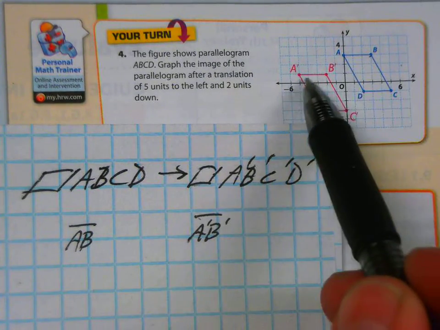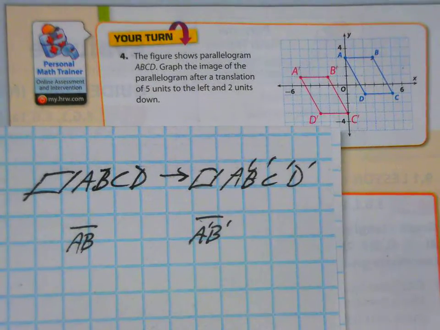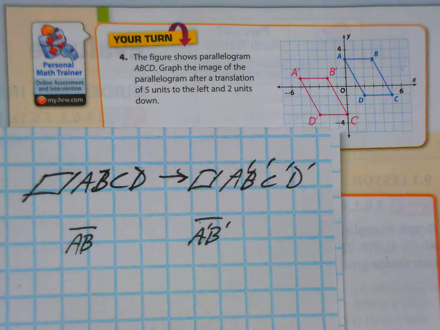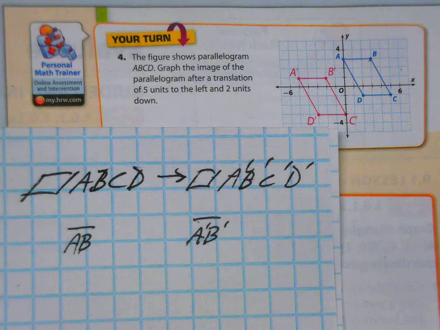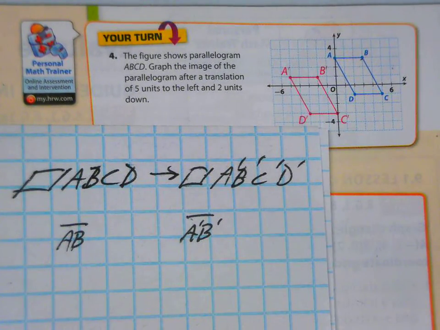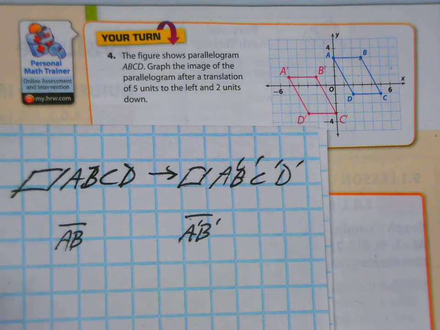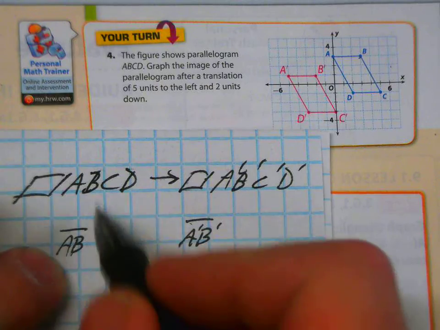AB is the same, or congruent, as A prime B prime because it went through a translation, and translations do not change size or shape. They only move things. They only slide them. So, if we wanted to know something else here, we also know that BC